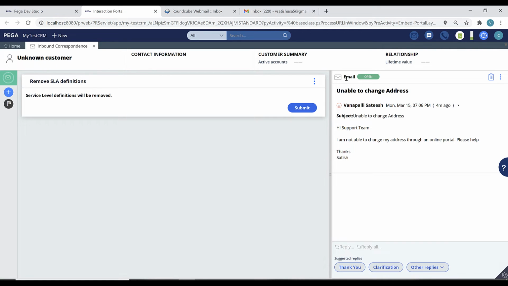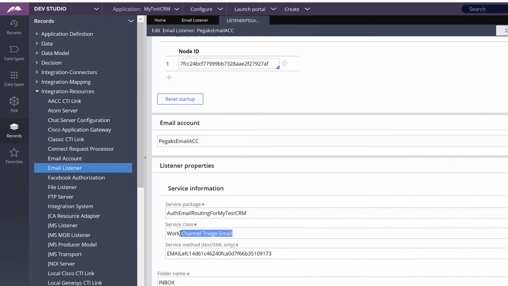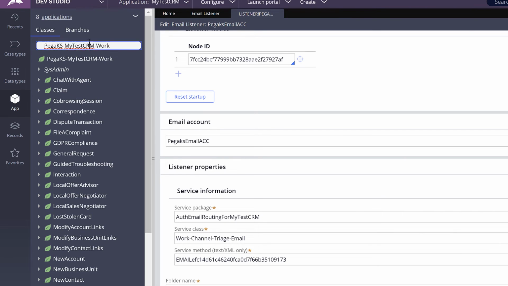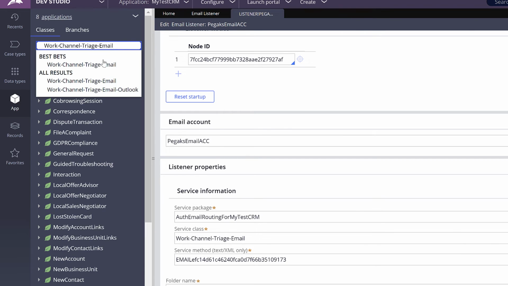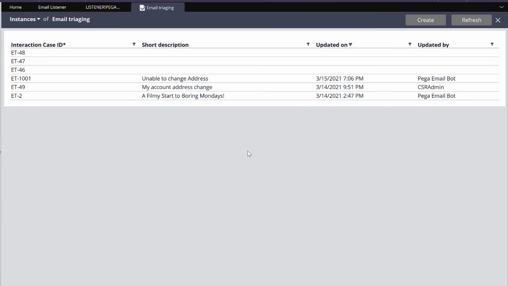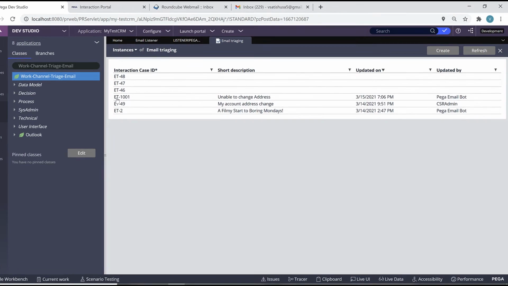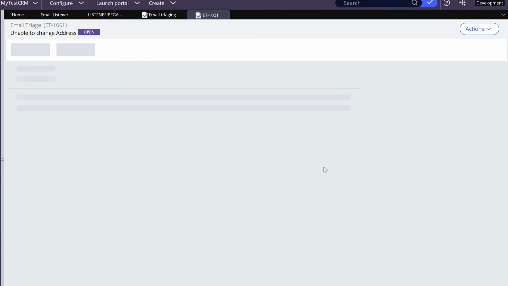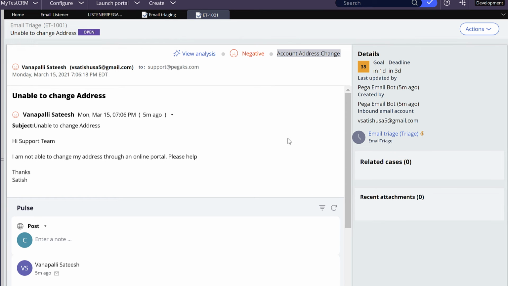In the same way, an email case will also get created. Now you can open this class in the App Explorer. Click on the class name to see the instances. If you see ET1001, this is the case that just got created. If you open this email case,